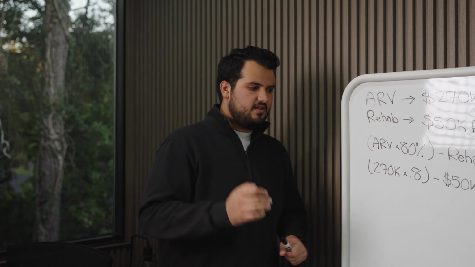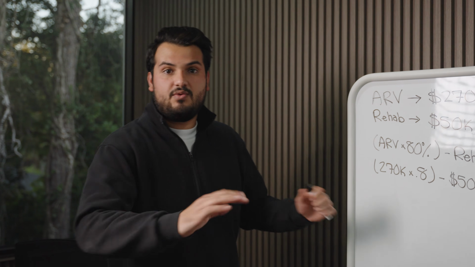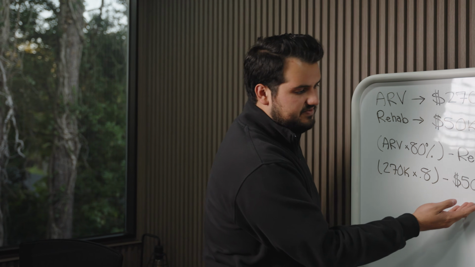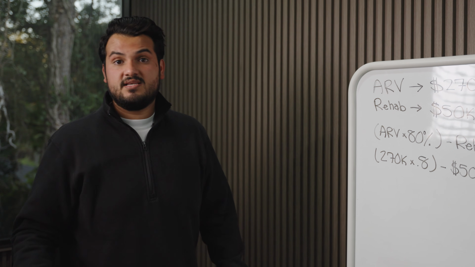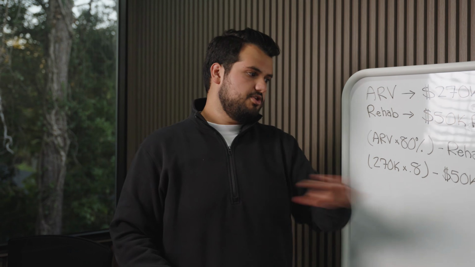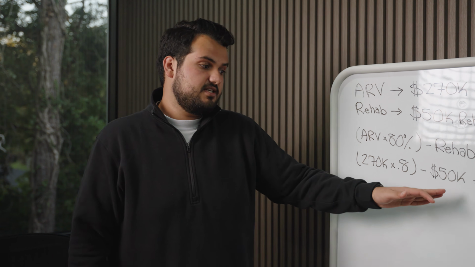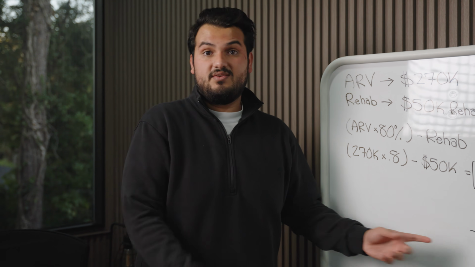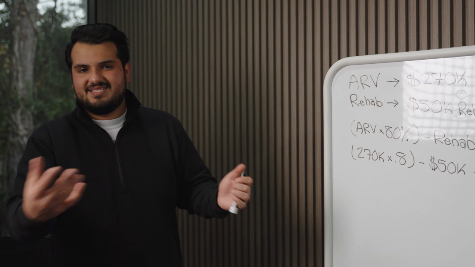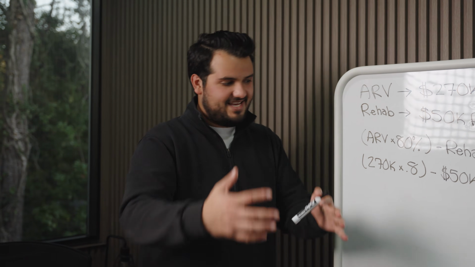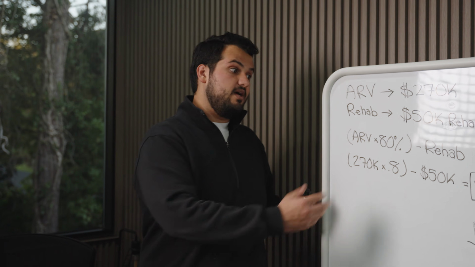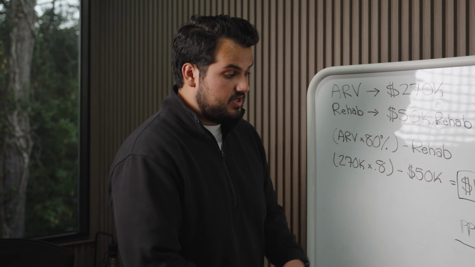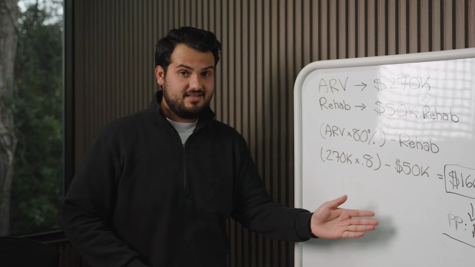So let's say I felt super confident, I'd walked the house, I knew that it wasn't gonna be worse than 50,000. 166 could have made sense, right? So if I was 100% gung-ho, 166 could have made sense. But the person that brought it to us said 154, we maybe slightly negotiated, you never wanna just say yes. We actually ended up buying it for less than we were willing to pay for it, or what our formula says we could pay for it. So we should be doing really, really good on this house.